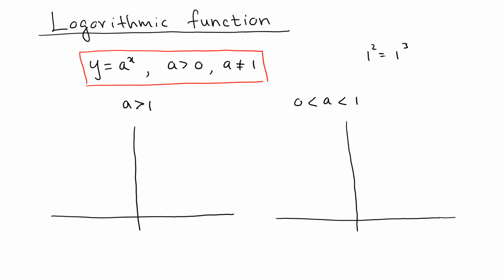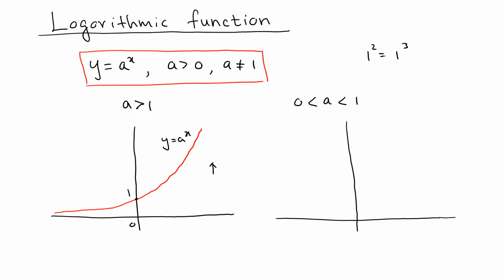When a is greater than 1, we get an increasing function. So it passes through 1 and increases. It always passes through 1. So this is y equal a^x when a is greater than 1, an increasing function. And then y equal 0 is a horizontal asymptote. If a is in between 0 and 1, we get a decreasing function